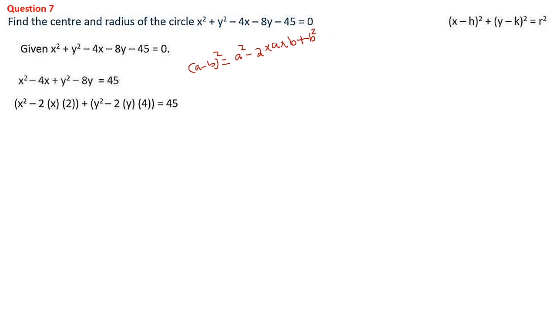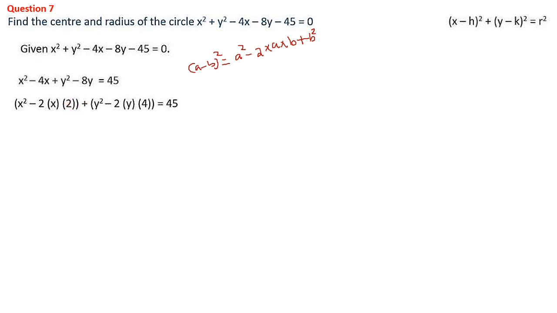So here the first two terms we will be getting from here. You see x square minus 4x; we can write 4x as 2 into x into 2. So 2 into a into b is there, where a is our x. Then what will b be? Here b is 2. Okay, 2ab, so b is 2. Let it be there in the mind.